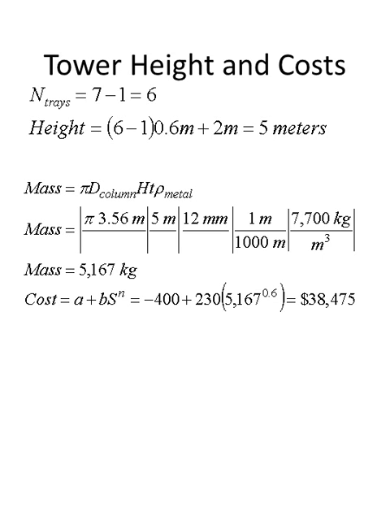And if we're using a steel for our vessel material, which has a density of 7,700 kilograms per cubic meter, the total mass of our tower would be 5,167 kilograms. Plugging that into our cost formula, we will find that the cost for this particular vessel is around